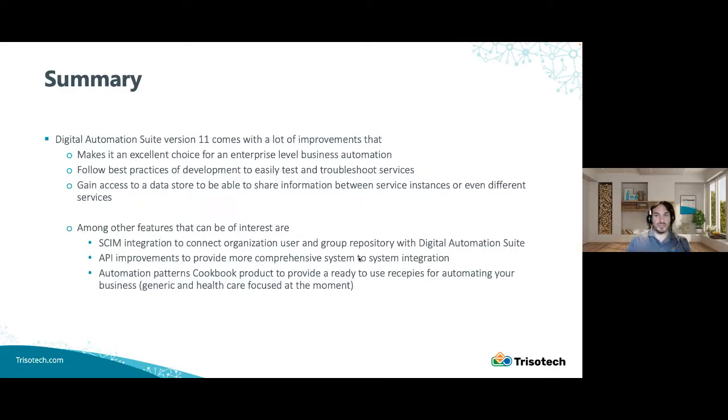And also some features that we had in this recent release that may be of interest. We also integrated SCIM provisioning. That's a little bit more for the IT guys, but it is a way of provisioning users based on an identity provider. We also improved our API responses so that they can fit